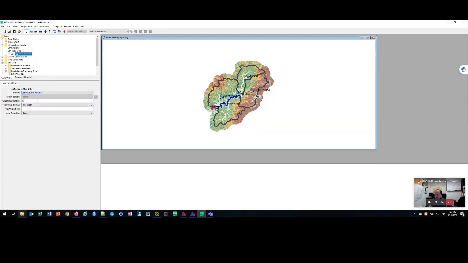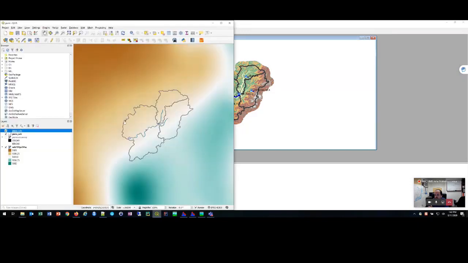We're working with a 24-hour storm right now. And one of the things that we do want to do is switch the precipitation method within the hypothetical storm to precipitation frequency grid. What that's going to do is give me the option to now specify the grid that I put in there. And what's cool about this, and I'm going to pull up QGIS real quick here, is